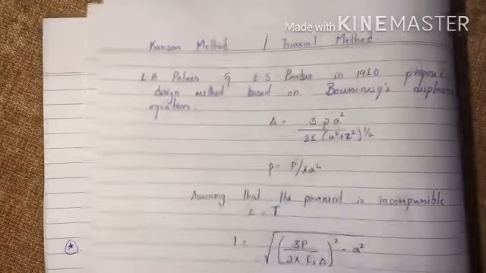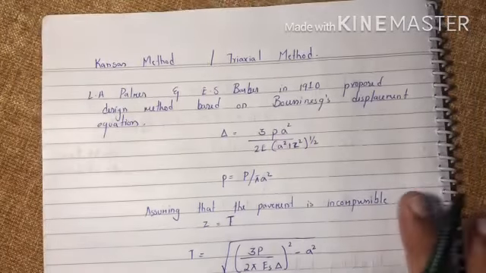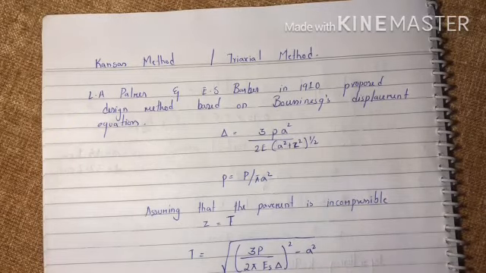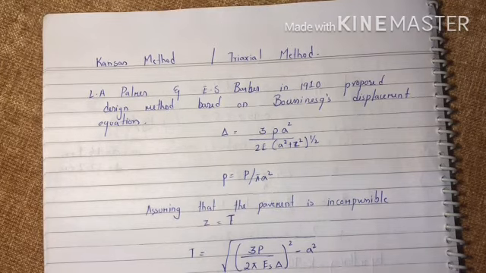Now, the Kansas method is also termed the triaxial method because triaxial test results were extensively used in this method. Fine. So we'll understand the background of this particular method and how the equations were adopted. In the year 1910, Palmer and Barber proposed a design method based on Boussinesq's